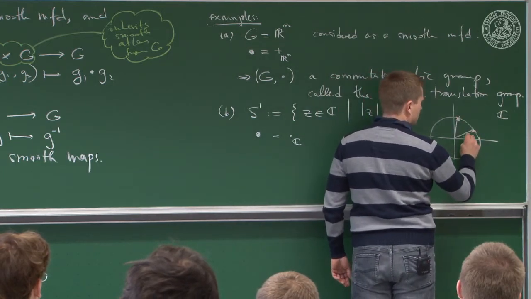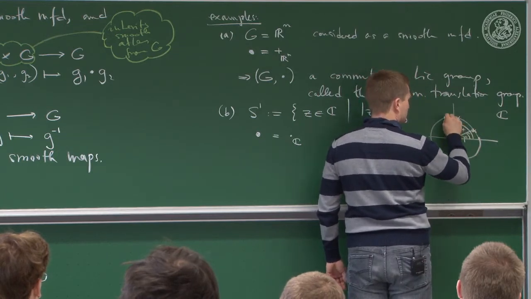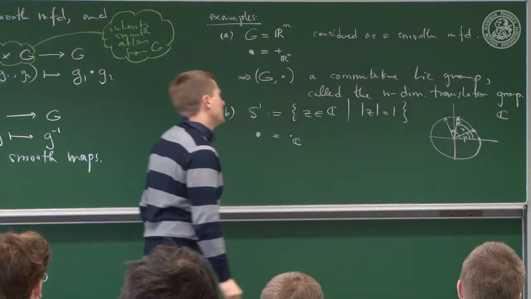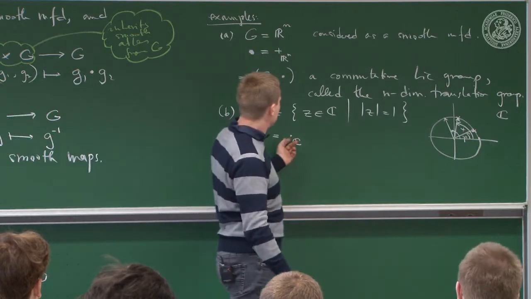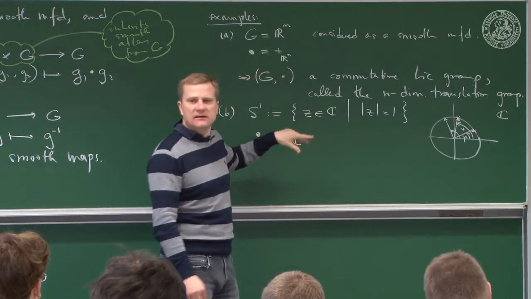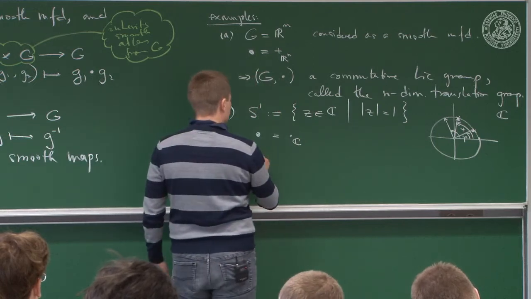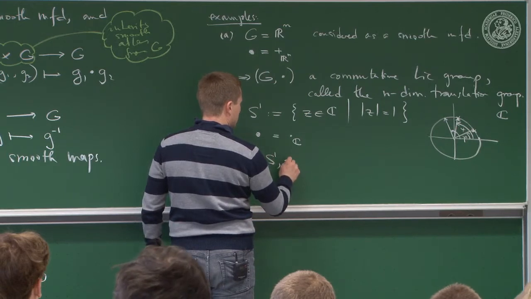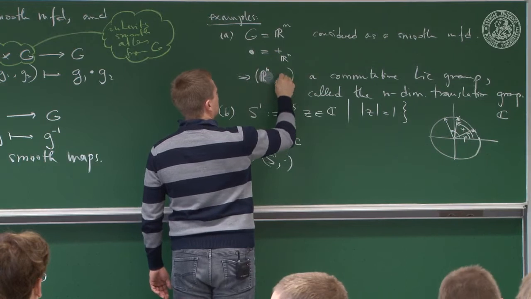So if this was an angle phi and this was an angle psi, then the sum of the two is here, that number with angle phi plus psi. And you easily see that with this multiplication, everyone has an inverse, and then you go back and forth, and so on. And so it follows that S1 with this, well, I should have written here Rn with its addition,